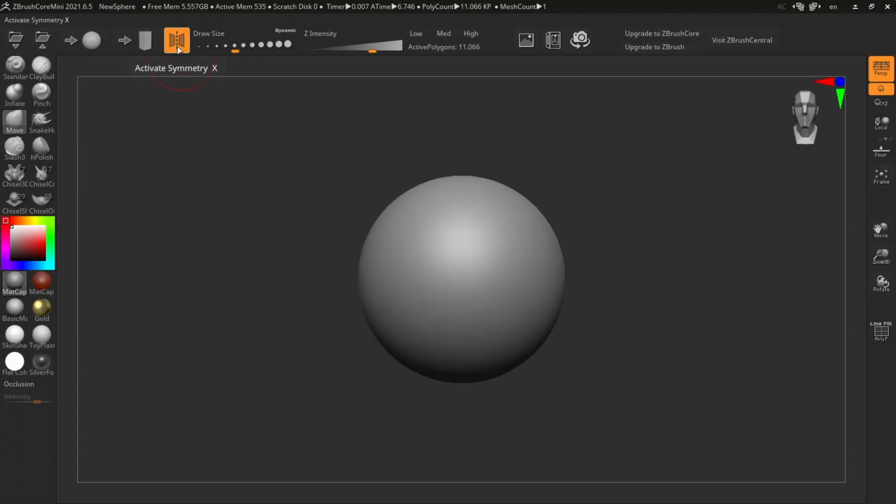By default, we have symmetry, which is mostly used to build symmetrical objects such as faces, body parts, and so on. From the left and right side, we have the same distortion when we are using the brush.